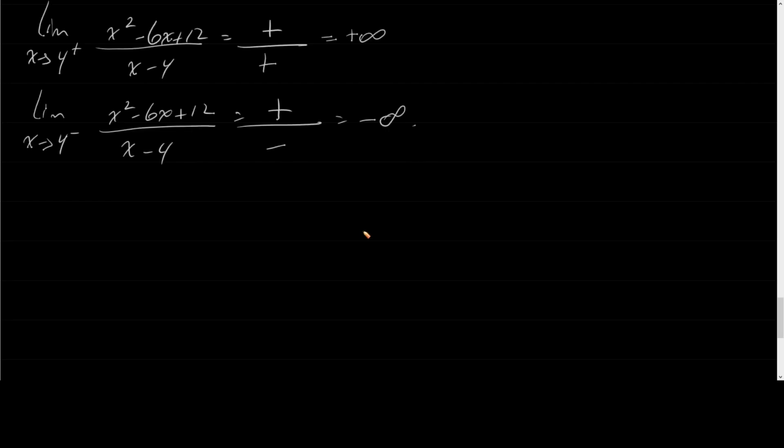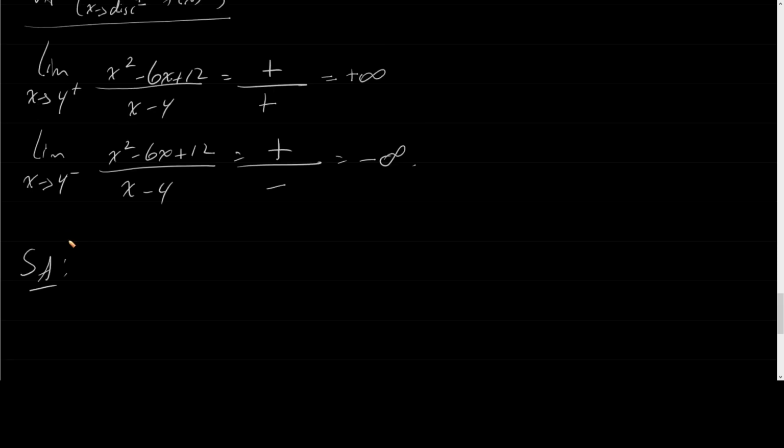Slant asymptotes. Let's see. Does it apply here? Well, if you recall, slant asymptotes were where the degree of the numerator was bigger than the degree of the denominator by exactly 1. And that is exactly what's happening here, right? The degree of the numerator is 2, the degree of the denominator is 1, so it is bigger by exactly 1. So what we want to do here is long division. So x minus 4 into